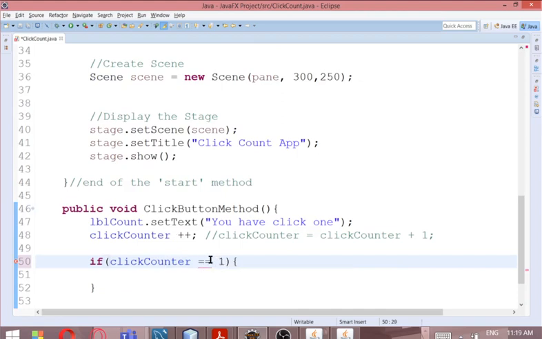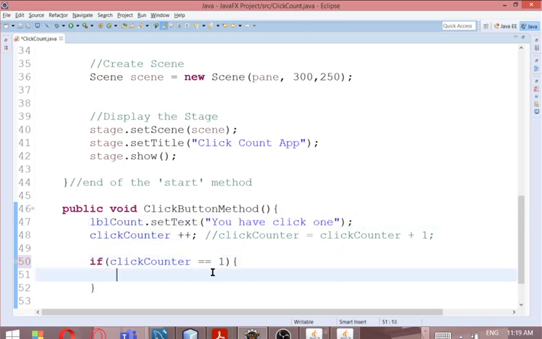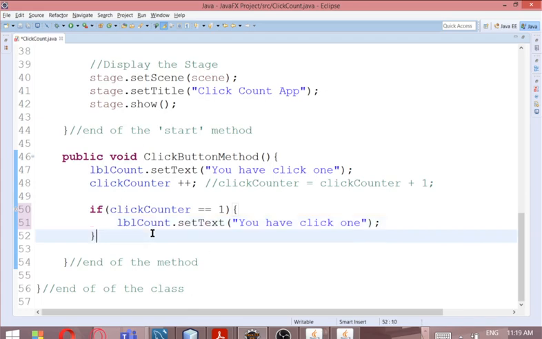If it is 1, that means it has been clicked once. Yes, I've been clicked once. Otherwise, you change it to multiplication, 2 times, 3 times, whatever. Click counter. If it is 1, then you set this: I've been clicked once. Else